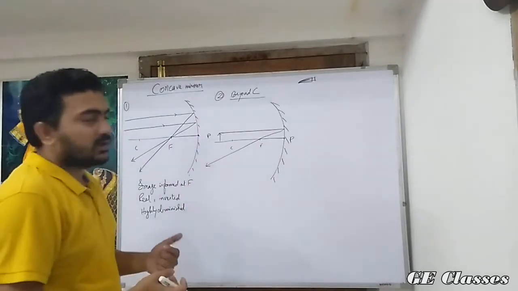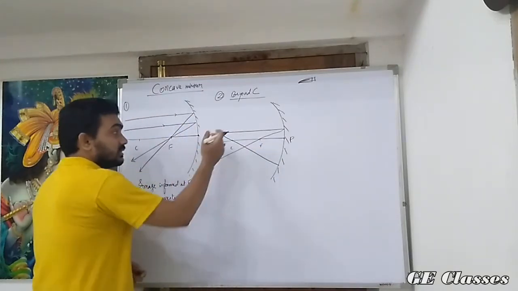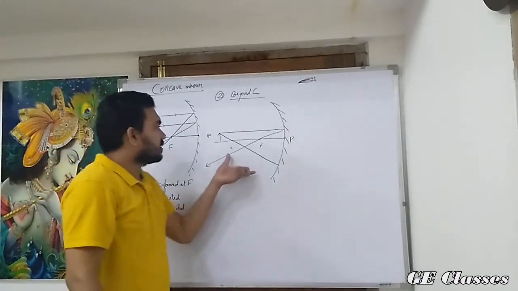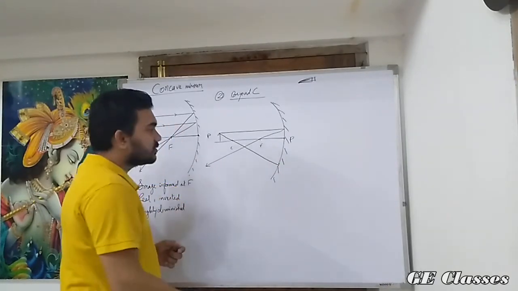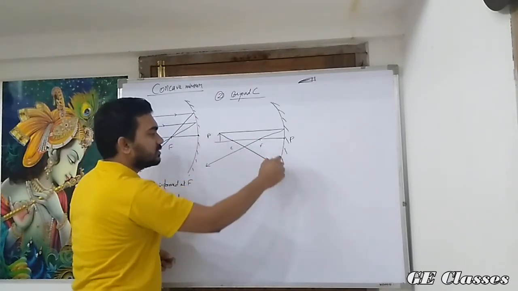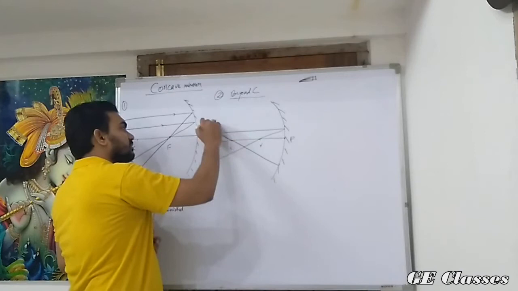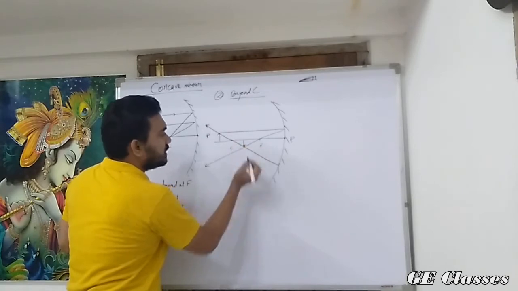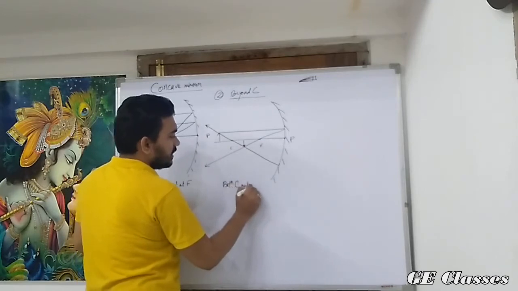Many rays are coming out. Out of that, one incident ray will pass through the center of curvature. The line joining the center to the arc of the bigger circle is a radius, and a radius is always perpendicular at that point of intersection. So we can say that this incident ray was incident at an angle of 90 degrees, so it will reflect out at an angle of 90 degrees. That means it will retrace itself. If it retraces itself, then this is the situation and the image is formed here. So the image is formed between C and F.